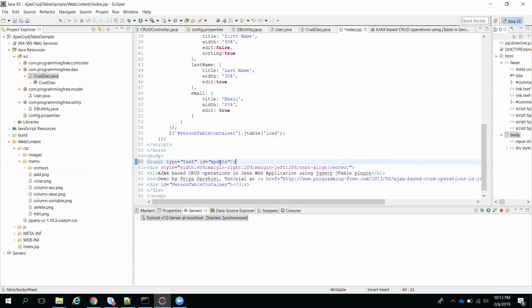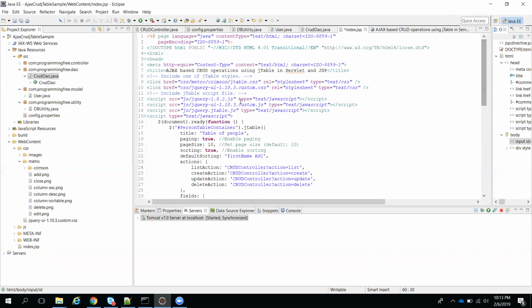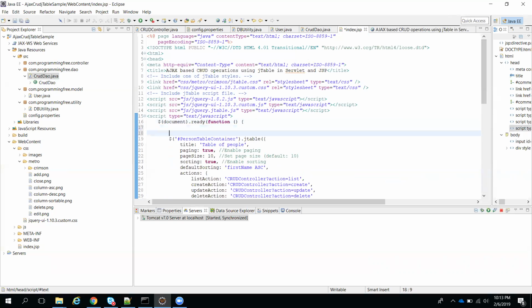Now I want to implement this on the text box. When I click on the text box, I want to show a calendar. For that we have date picker functionality by calling the datepicker method. So we can use it like this: in jQuery we have the hash symbol because we already included jQuery, and we need to call the datepicker method.